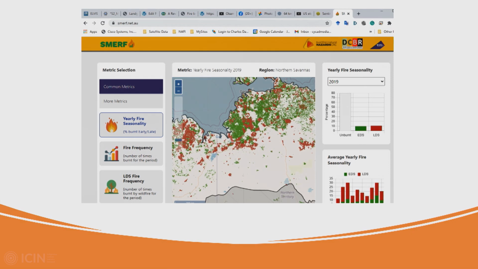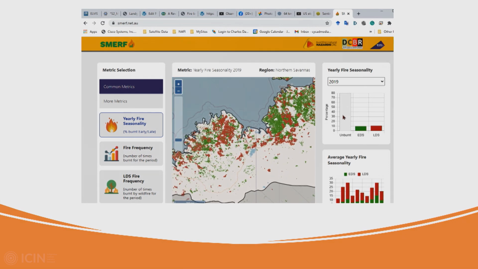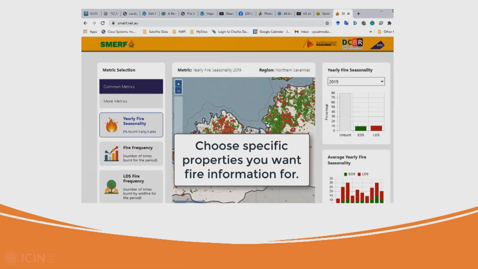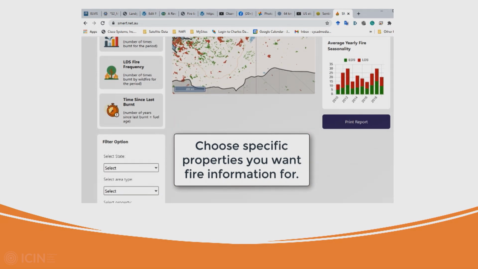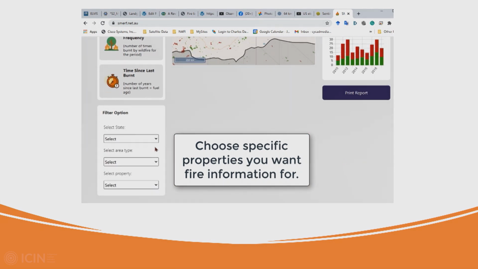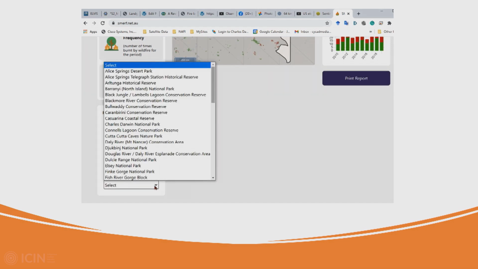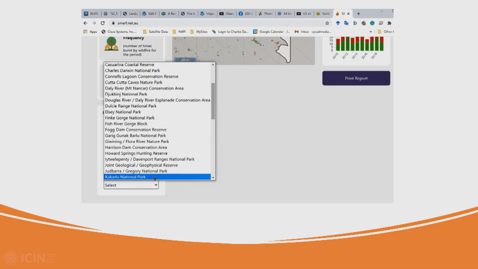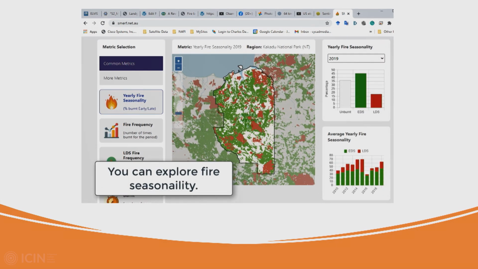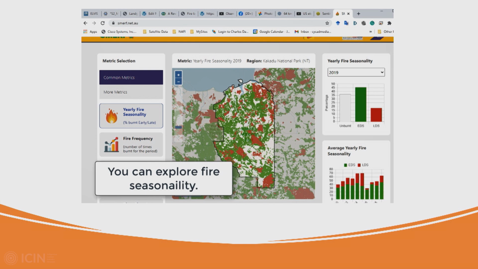It's an online interface which builds on long-term history of burn area information provided by NAFI, which is one of the best long-term at-scale fire history data sets that we know of. Within the dashboard are drop-down menus which allow you to